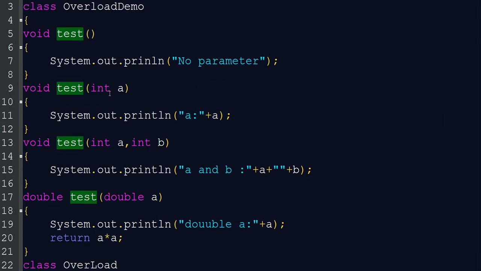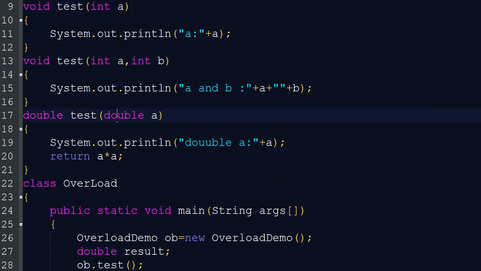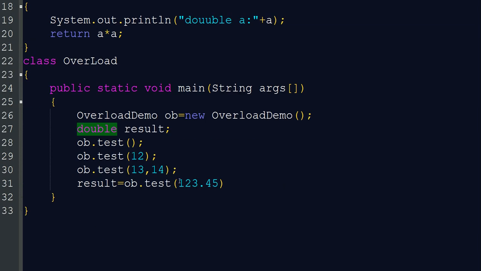When we pass the double value, the Java runtime system will recognize which test this is. So there are two test methods with one parameter, is it? This is an integer value, this is a double value. So easily the Java runtime system will select which method it is. Okay.